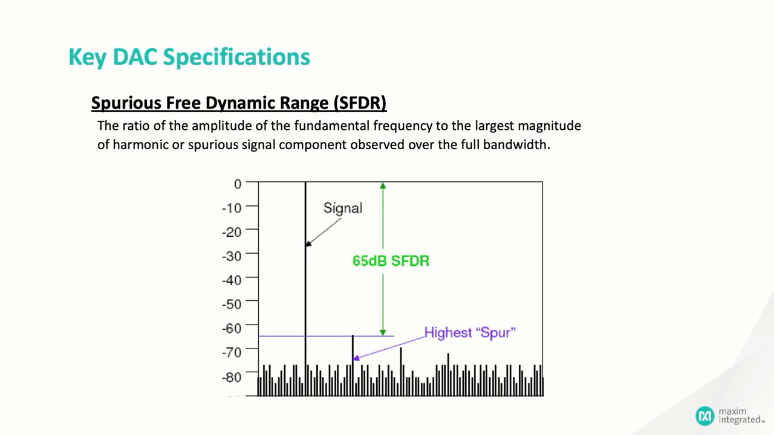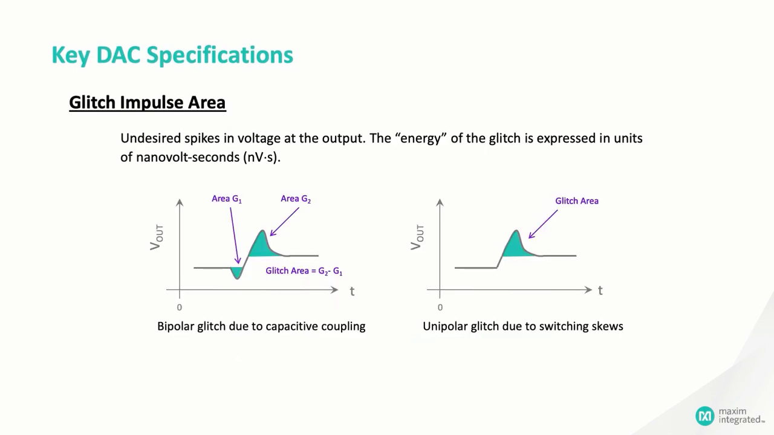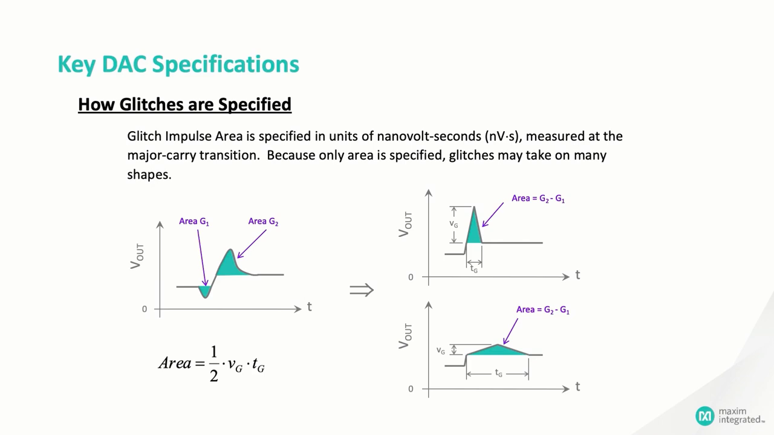And then finally, let's talk about glitches. Glitches are undesired spikes in the output signal. Now, you might intuitively think that the amplitude of the glitch is the thing you have to worry about. But the amplitude is only part of the story. More significant is the area under the voltage waveform. Now, you're going to hear this called the glitch energy, but that's not technically correct. The unit measure for this area is volt seconds. And that's not the same as energy. Energy is measured in watt seconds. But nevertheless, the glitch impulse area is an important measure that lets the designer know what kind of noise to